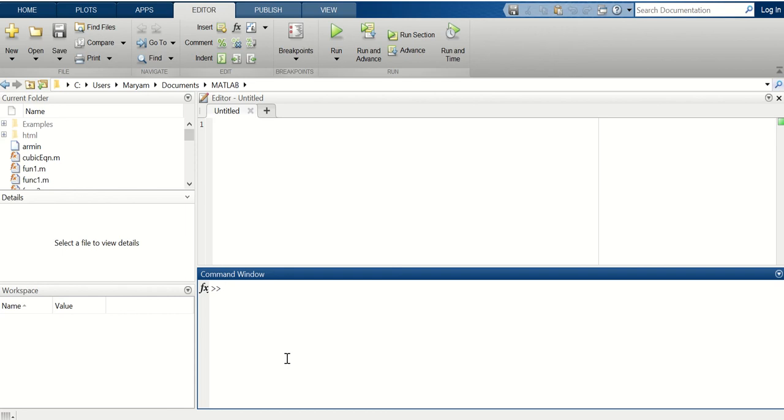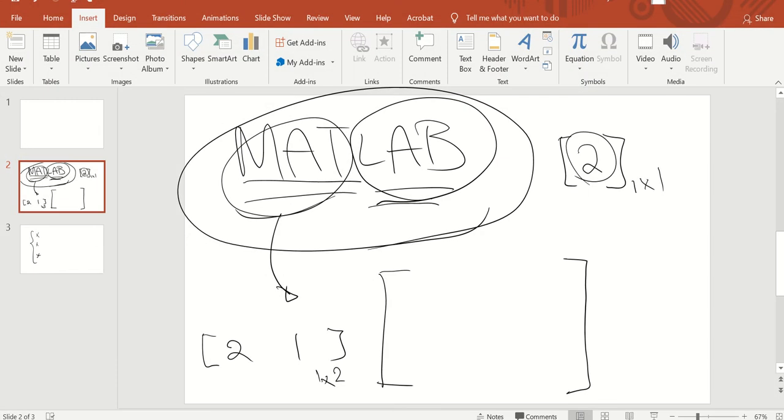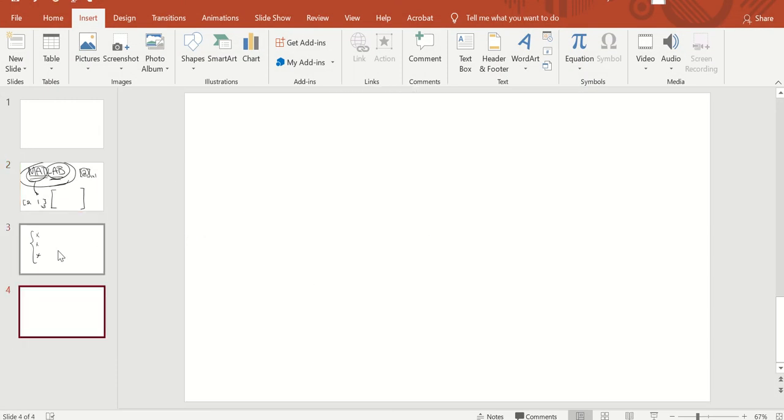Okay, so the goal of this lesson is to use MATLAB as a very simple calculator. Okay, so I just want to talk about the operators that you see in MATLAB. The arithmetic operators are